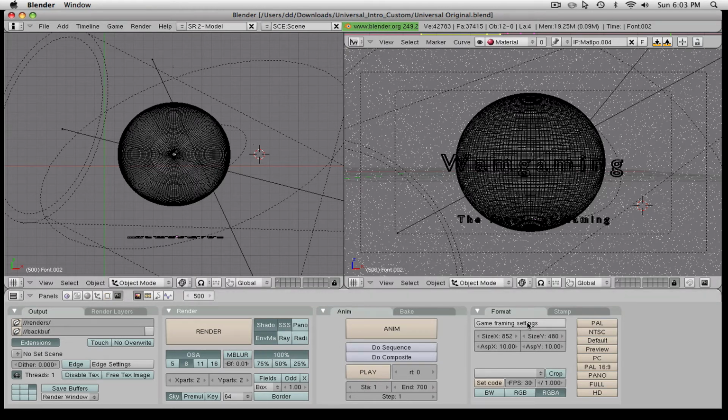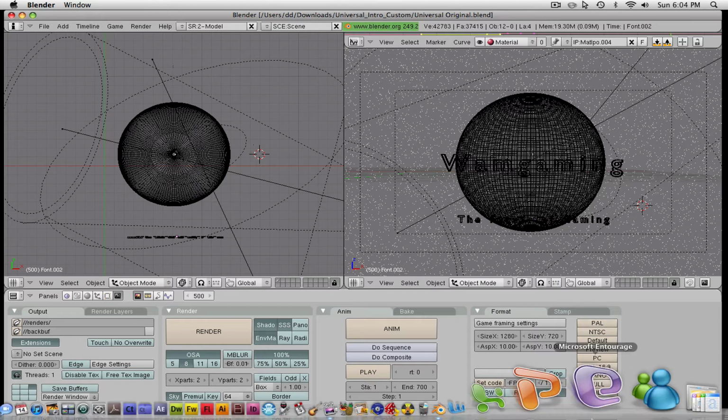So what you're going to want to do is go to format, and you're going to make the size 1280. 1280, let me just go down. It's kind of hard to work with. So, and then you're going to want to go to 720. Oh, got it. Okay, so after you're done with this, you're going to want to make sure that it is